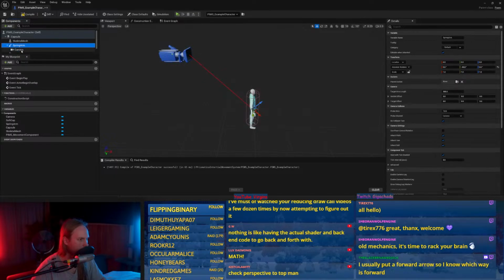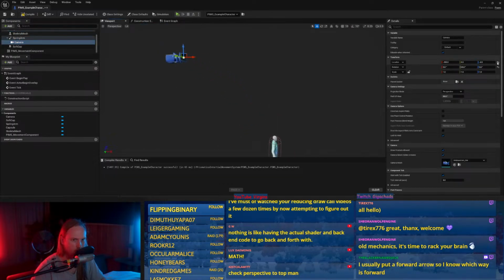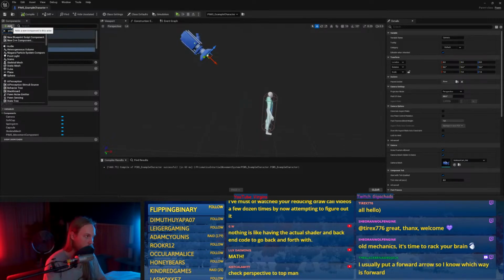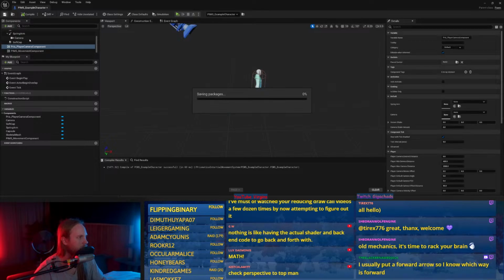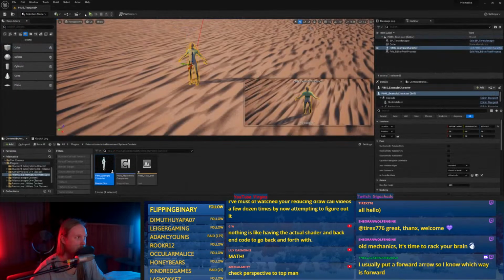Why are you not... Are you... No, attached to the spring arm, you dumb dog. Oh, now what are you doing? Right. Rotation. Ah, there we go. Okay, figured it out. And then we can just chuck a prismatic or Pris camera, player camera component. There we go. Wait, does that have dependencies? Maybe.